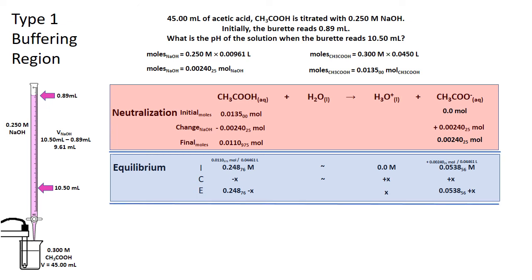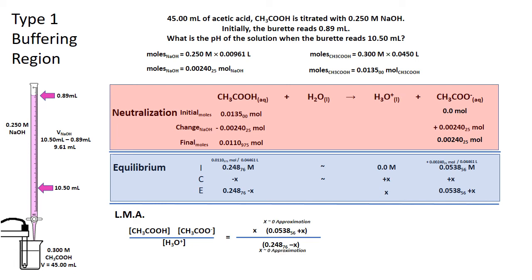All right, so we've managed to, in one page so far, include both the effects of neutralization and sketch out the equilibrium ICE problem. The only thing that remains now is for us to use the law of mass action and products over reactants to determine how these things all go together. And again, we'll be able to use our x is equal to 0 approximation, substituting the equilibrium levels for both the acetate ion and the acetic acid. And that is going to simplify our arithmetic considerably,